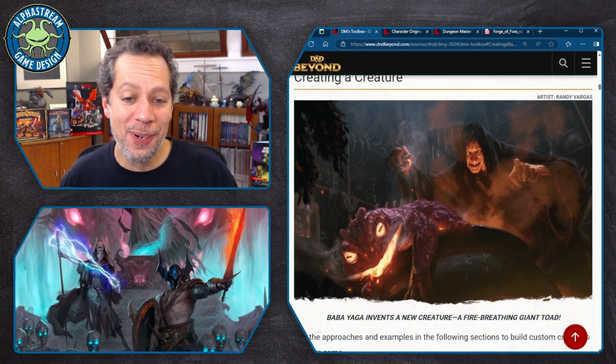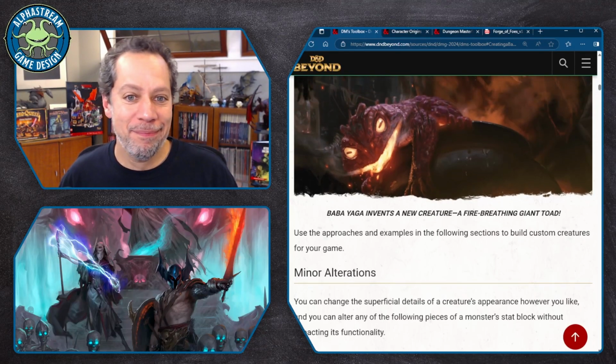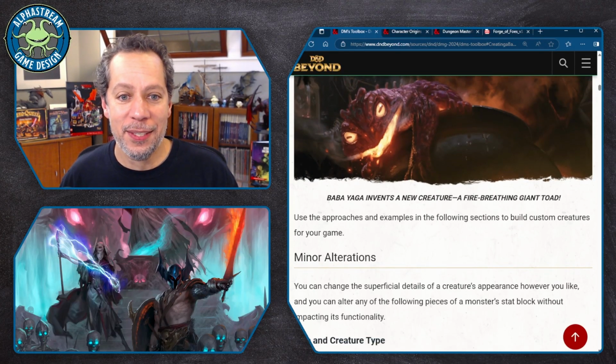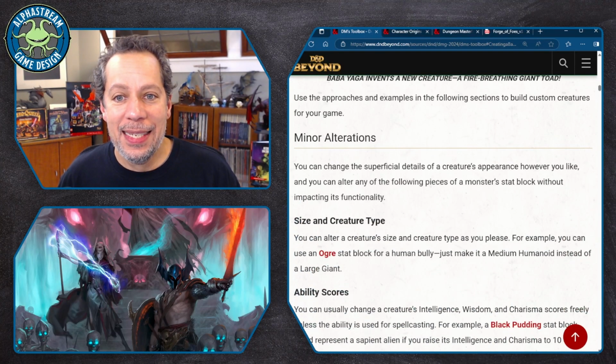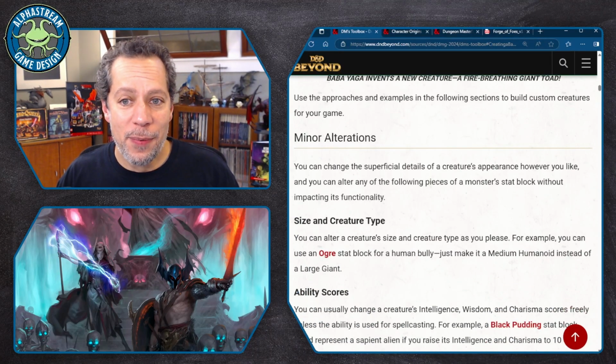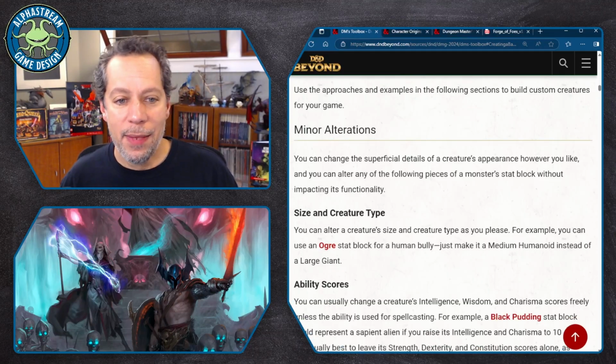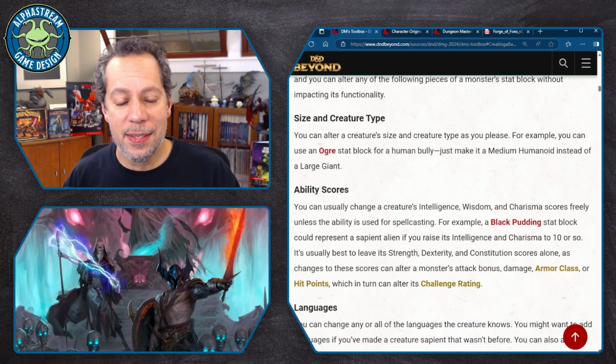In 2024, we get some great art of Baba Yaga making, I mean, that looks like some kind of slod-like toad, but it's a fire-breathing giant toad. Okay. And we are told, here's how to build a custom creature. So one is change the appearances of it. Okay. Then we can change the size and creature type. So take an ogre stat block, make it a human bully, and just make it a medium humanoid instead of